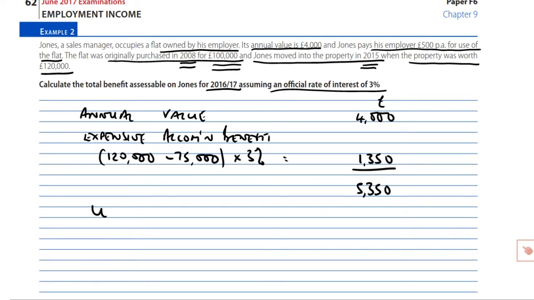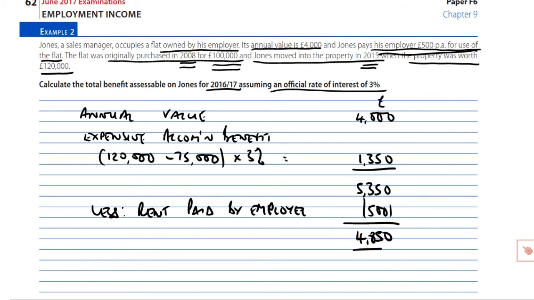Add that in and we've got £5,350. Less, the employee is required to pay rent to the employer for the privilege of occupying the property, and the amount of rent paid by the employee is, we were told, £500 for the year. So 500, take it away, and that therefore will bring us down to, for 16/17, a taxable benefit of